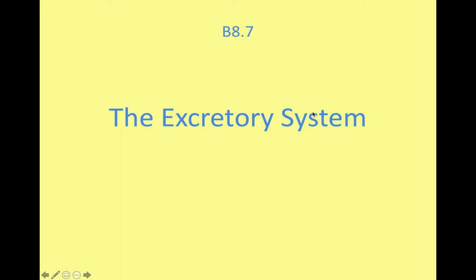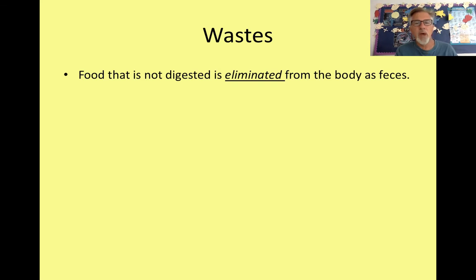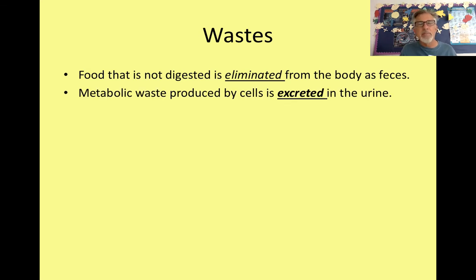Welcome back, everybody. Now that we've seen how input molecules, energy-rich building block molecules, are brought from the digestive system to the cells via the circulatory system, it's time to talk about how the outputs, the cellular waste, are removed from the body. We have to distinguish two waste streams. Food that is not digested is eliminated from the body as feces, but metabolic waste produced by cells is excreted